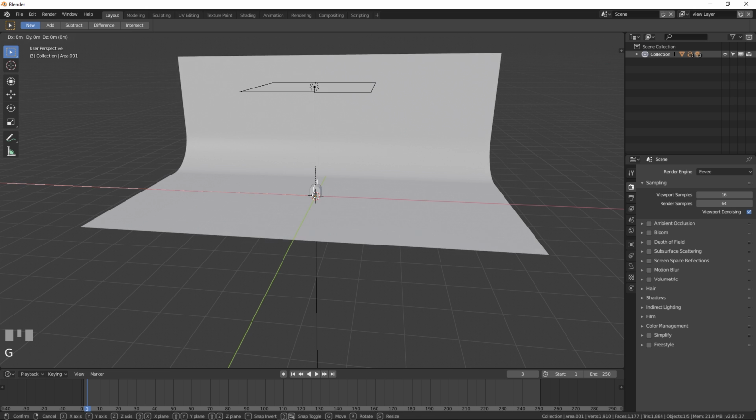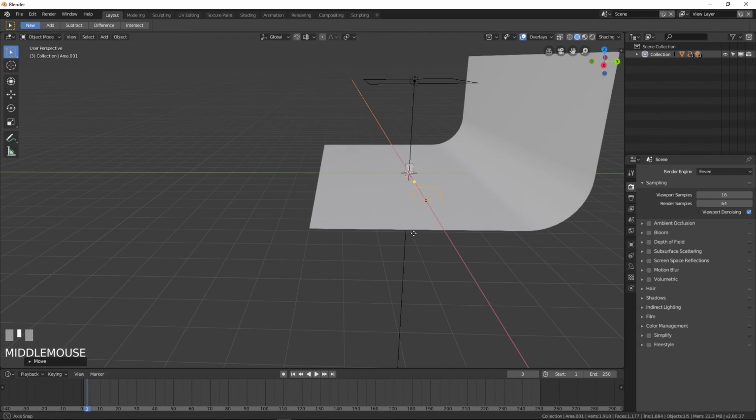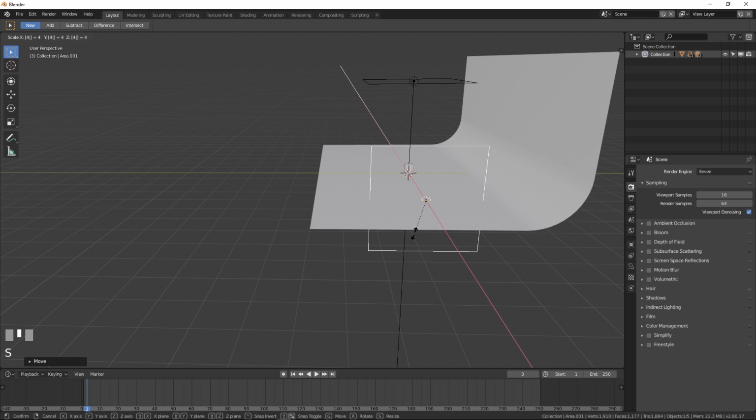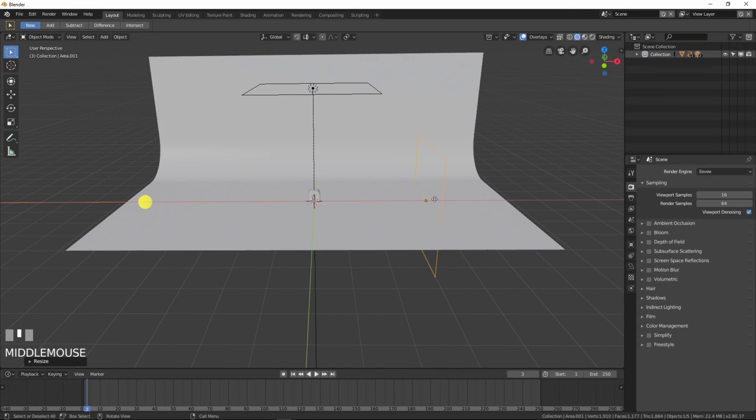Then press G X 4 so that we can move it along the x-axis 4 units, something like this. And after that, let's scale it up. So press S 4 to scale it something like this. And let's just quickly duplicate this light by pressing Shift D to duplicate it, then press X to move it